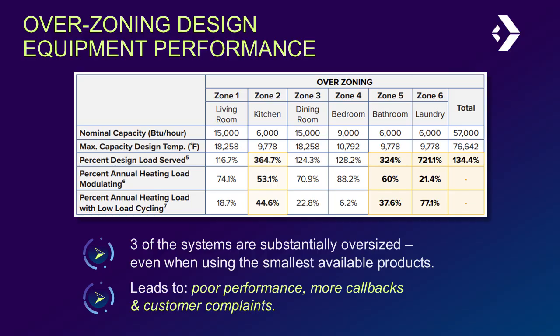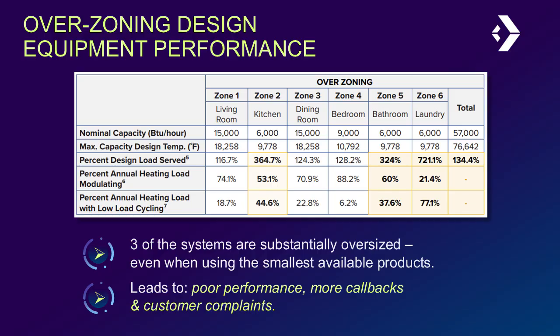And on this slide, we can see the impact of those two zoning choices. This table breaks down performance for the 6-zone system we just looked at. Each row represents one of those zones: living room, kitchen, bedroom, dining room, bathroom, laundry room. And you can see how their loads compare to the equipment capabilities. The first thing that jumps out is the percent design load served column. Look at zones 2, 5, and 6, the bathroom and laundry. Those are sitting at